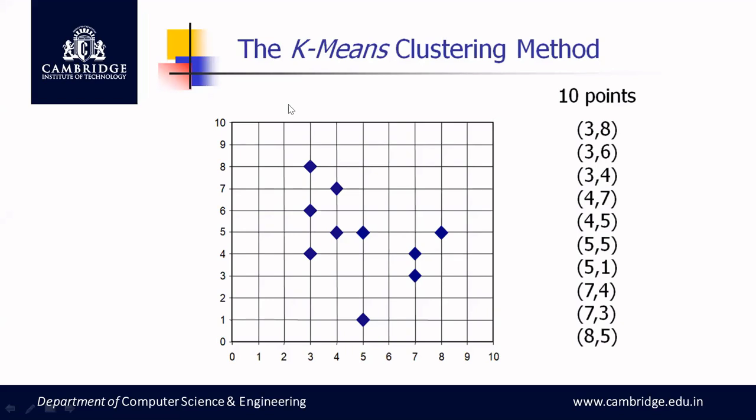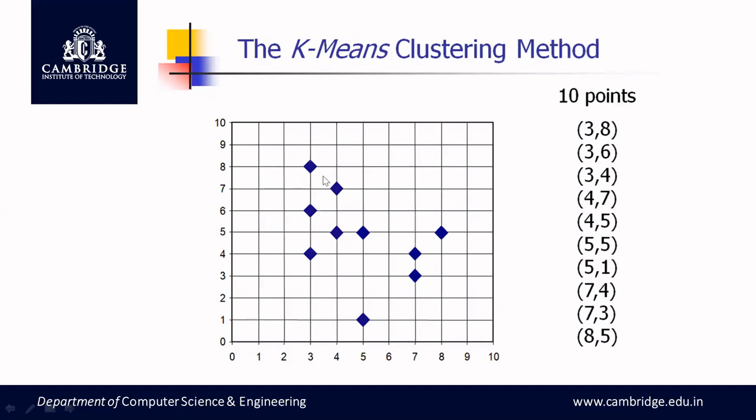Please reply. So for the coordinates, what do I have to use? Should I use the Euclidean distance or city block distance? See here, when you see the nature of the data points, it is not a rectangular formation or a blockwise formation. You can see the data points are dispersed, right? So for this type of data points, it is better to use Euclidean distance.